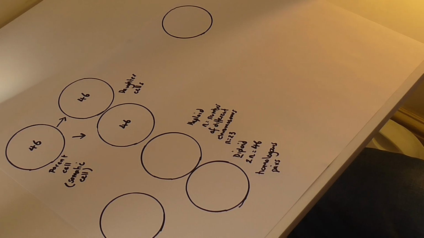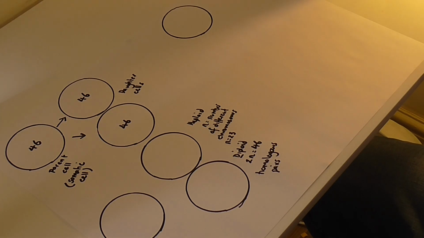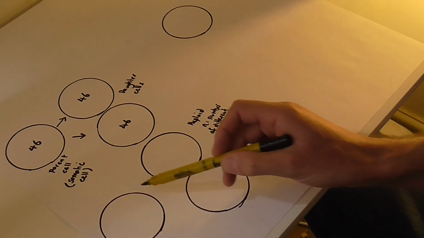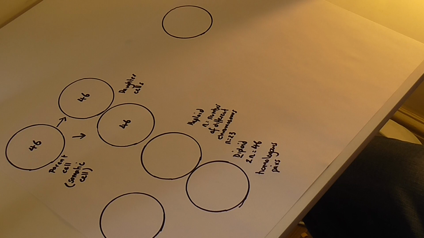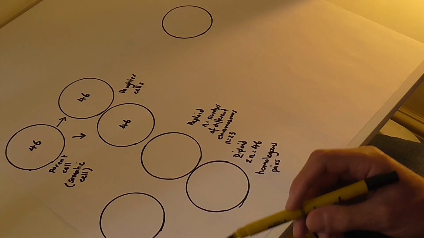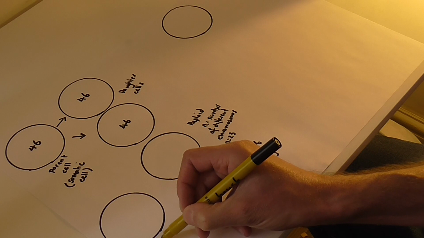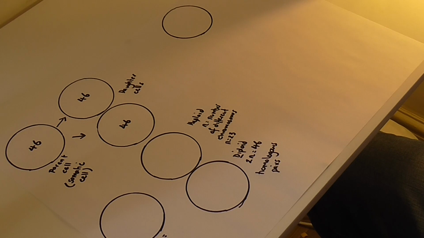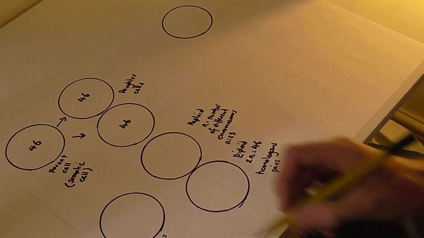I'm not going to look at the different stages of mitosis in humans, because that would involve drawing out 46 chromosomes, which is just a bit of a faff. So let's think of a different type of organism. So let's say that we've got a cell here. Again, I'm not drawing in the nucleus. The chromosomes are in the nucleus, and this is a somatic cell of this particular organism. If I said that this organism has got a diploid number of 4,